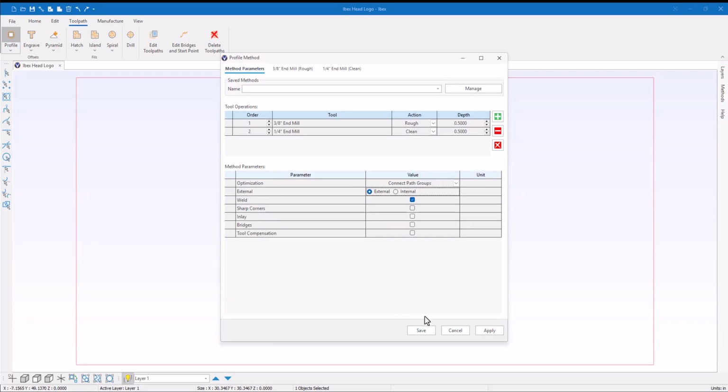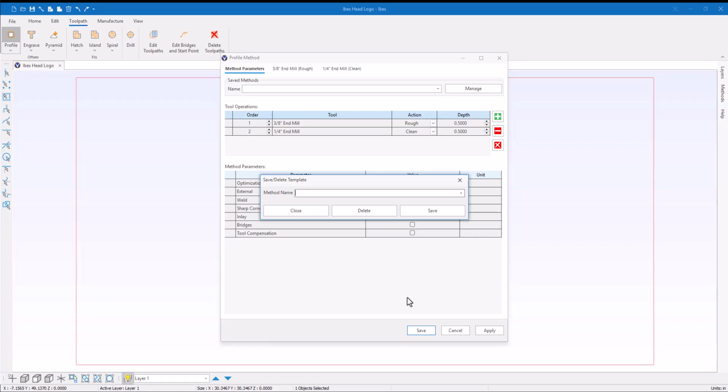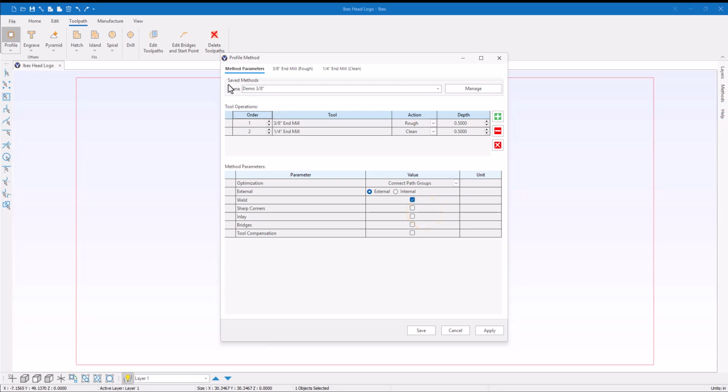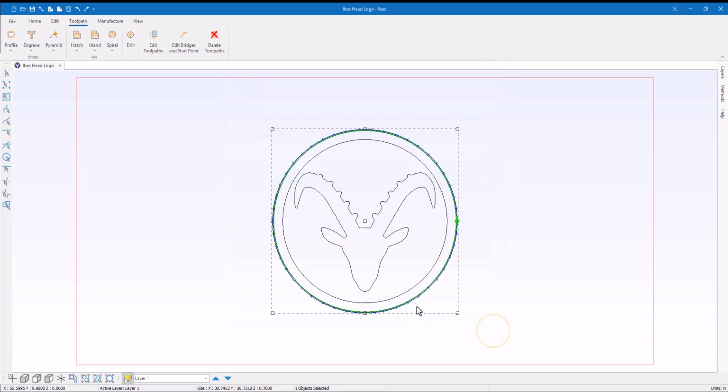So in this case, I want to save this. Down here at the very bottom, I have a save button. This allows me to then type in a name. Just going to put in a short name for now. This is my demo 3/8 inch toolpath. So when I save that, this is now going to be saved to my method templates. And then I can click apply. And now it's applied to the object I had selected in the workspace, which in this case is the circle